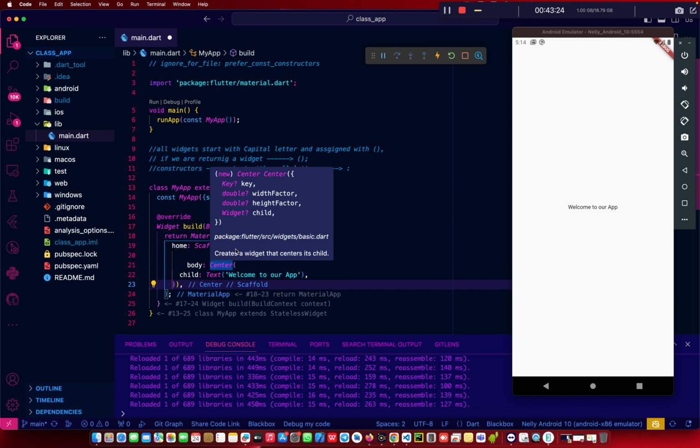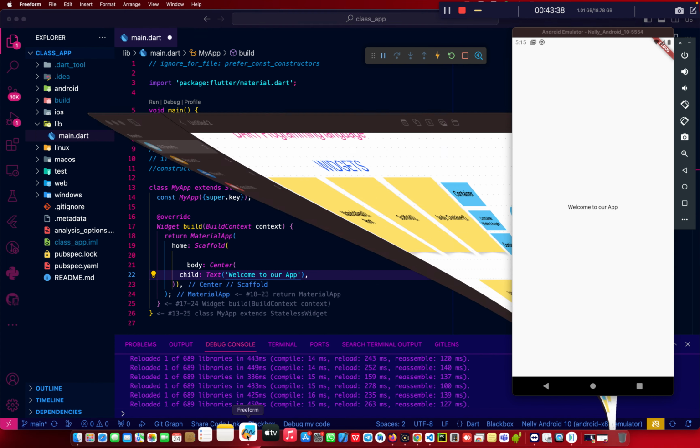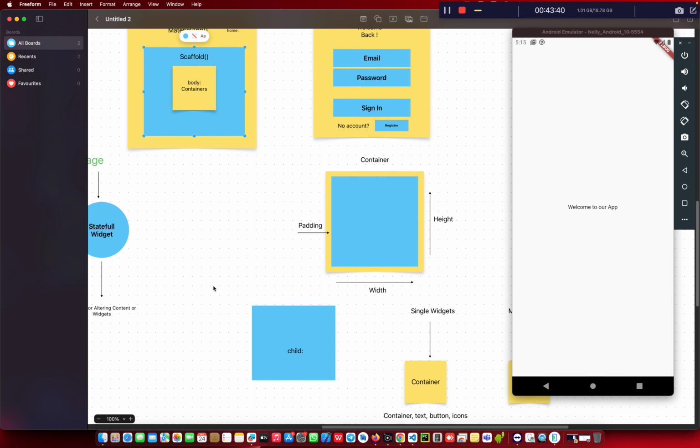They're saying for the center, it creates a widget that centers its child. What do we mean by child? We are going to be seeing a lot of child and children usually, because we have what we call, we're going to introduce what we call